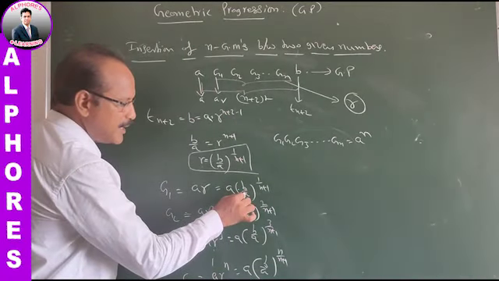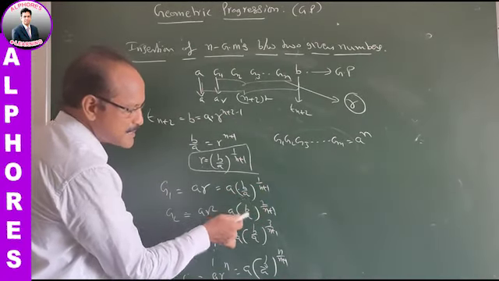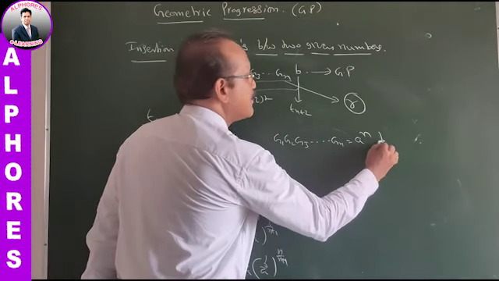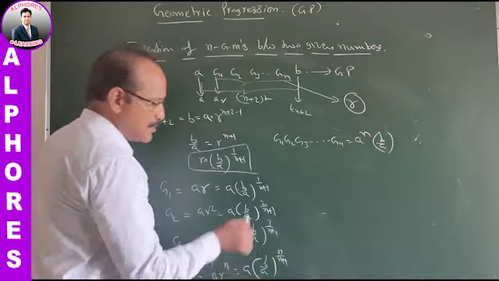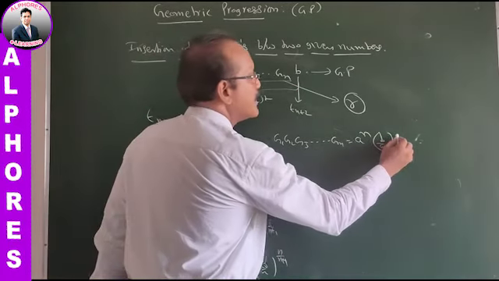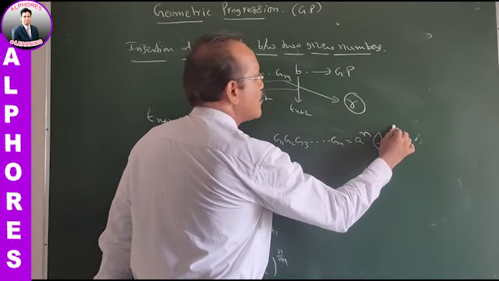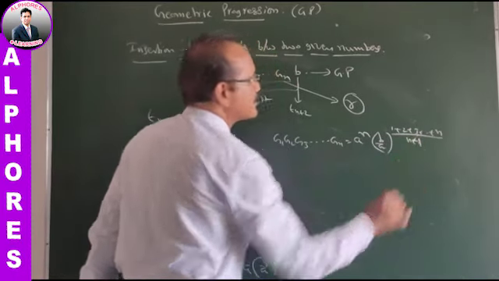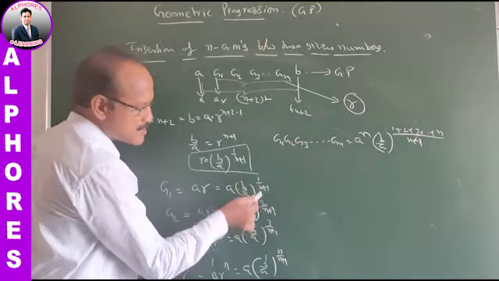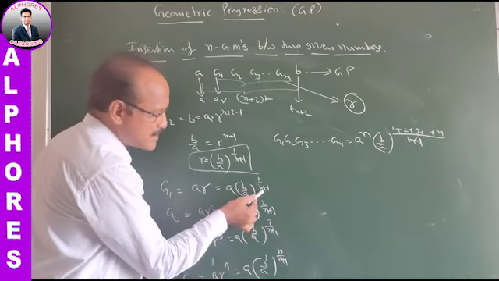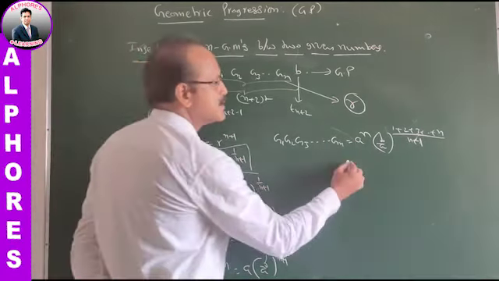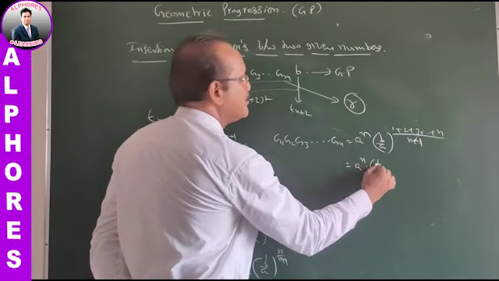And (b/a) whole power 1/(n+1). You know, bases are equal; powers should be added on product. That's why (b/a) whole power 1/(n+1) means 1 plus 2 plus 3 plus so on n, over n plus 1. Here bases are equal, powers are added. In the powers, the denominator is the same, so the numerators must be added. So that is a power n into (b/a) whole power.